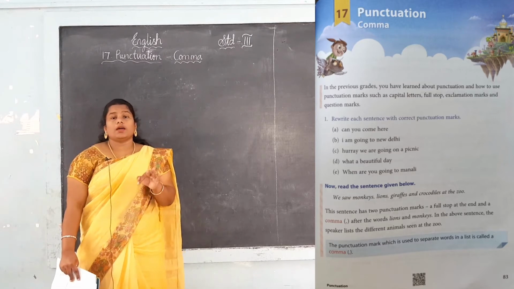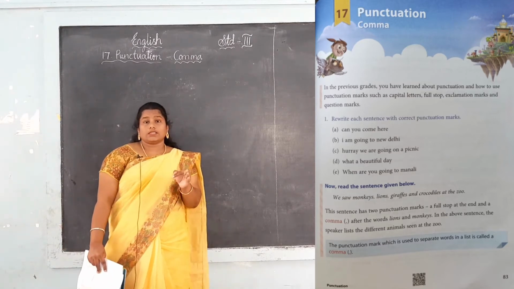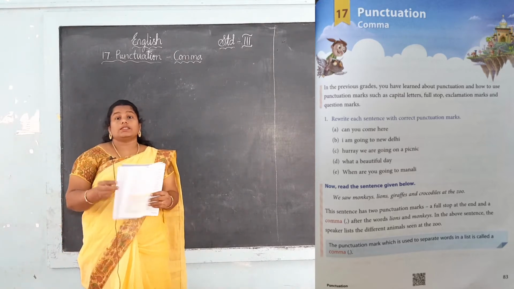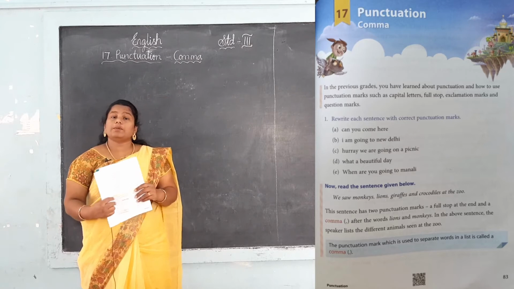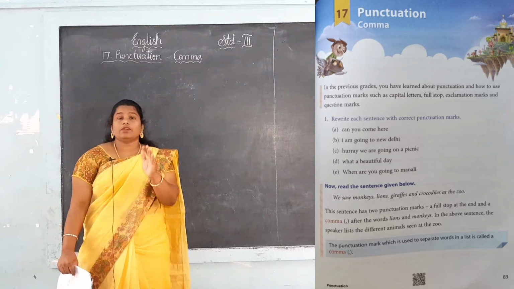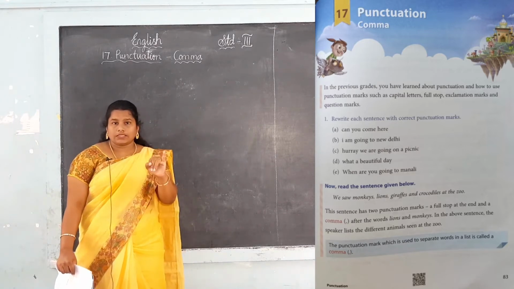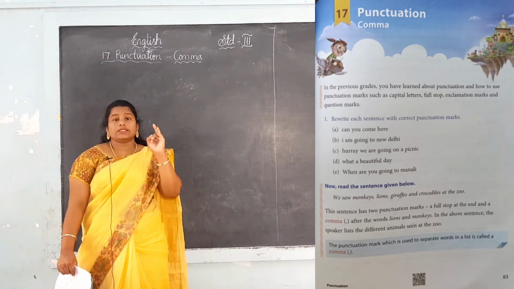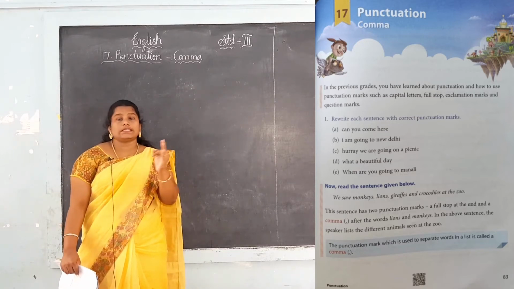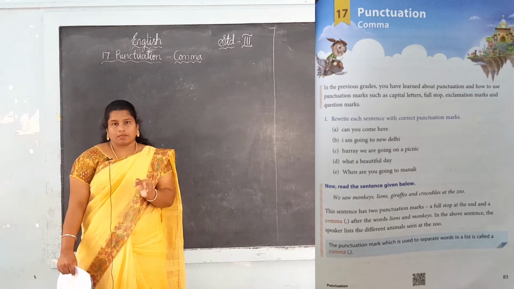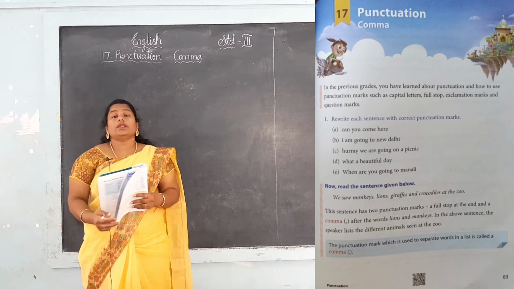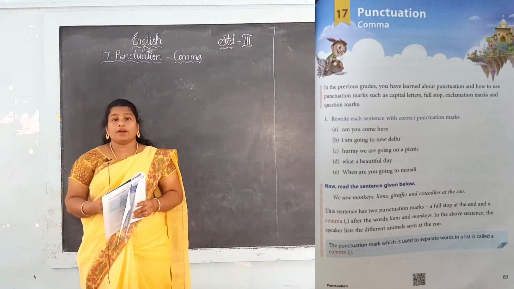And the third use we learned, yes, addressing the people. Addressing the people means when you are speaking to one person, we will use comma. This is the third thing. First, for the list we use comma, second, for addressing people we use comma, and third, for the contrasting ideas we use comma. Yes, that is what we learned in the last class. Now, 2 more points about comma we are going to learn.